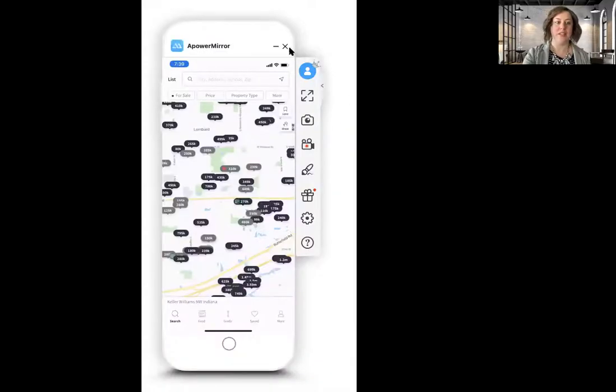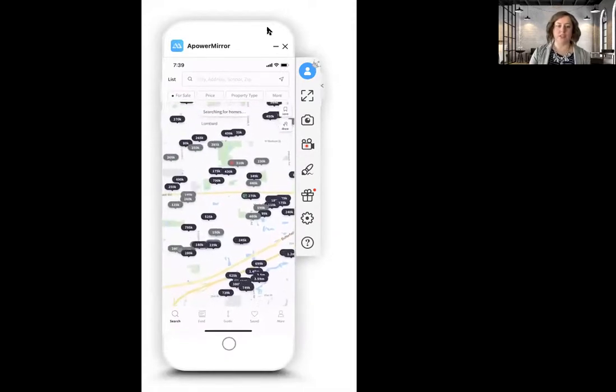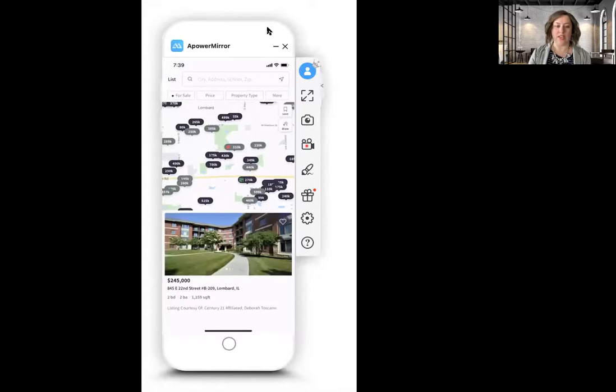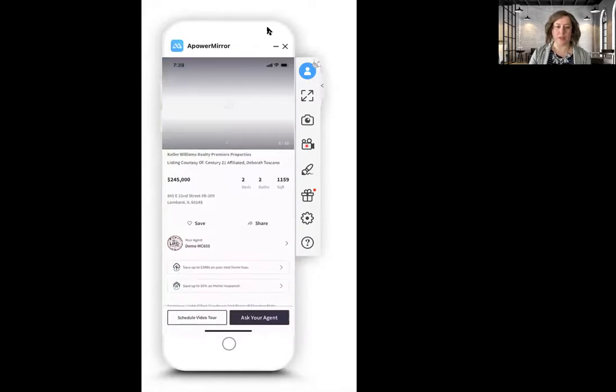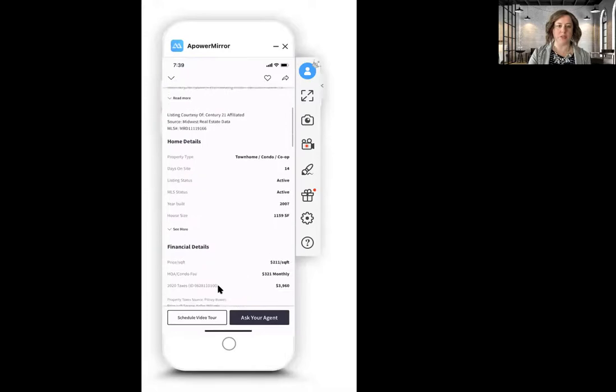All right. So what we can see here is I've just logged into the consumer app, just on the search that we've kind of been looking at before. And I'm going to show you a few different ways you can access both of these pieces of information. If I click on a property and open it up here, you can see right away, we have an option here for Keller Mortgage and just below it for Keller Covered. If I keep scrolling down